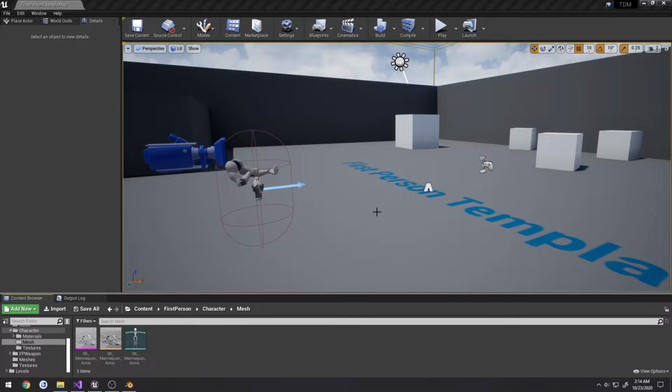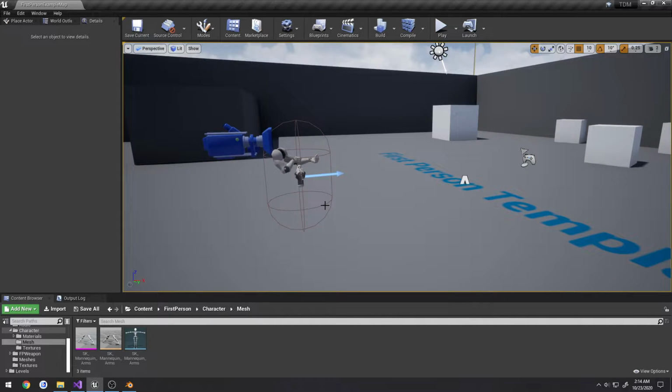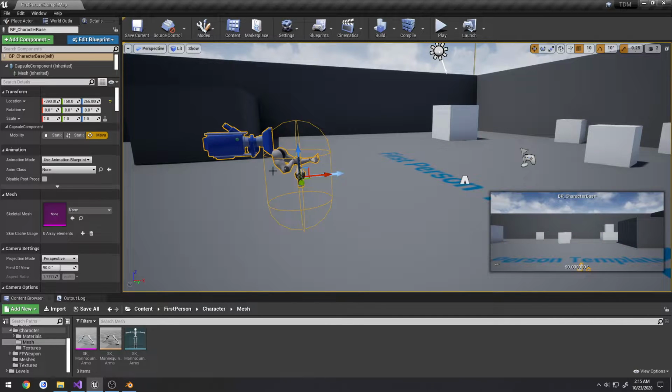This is going to be a quick little video on making animations using the mannequin skeleton and firearms. This will be without having to create any sort of sockets inside of Unreal Engine to actually get the gun to line up properly. So if we take a look, for example,